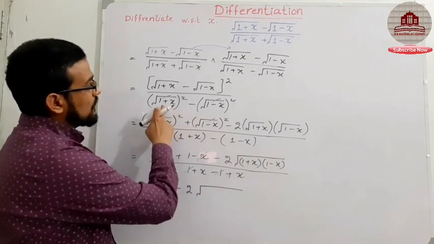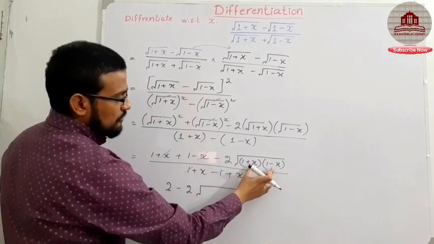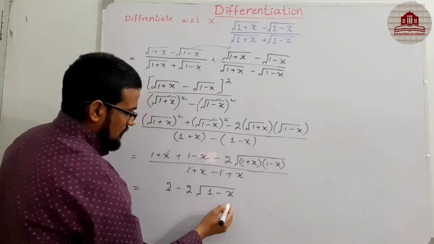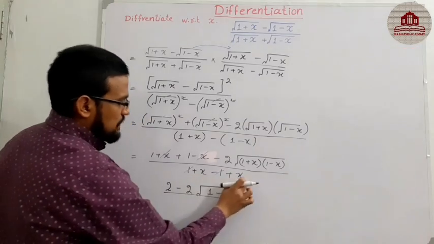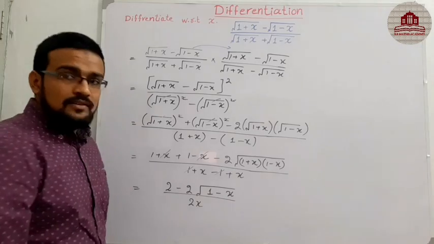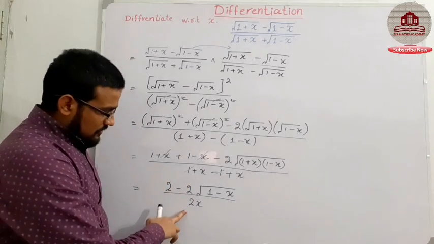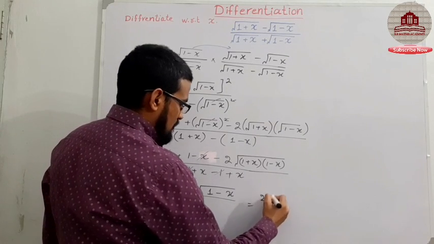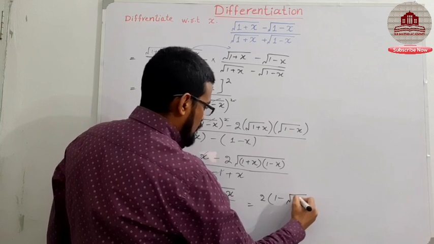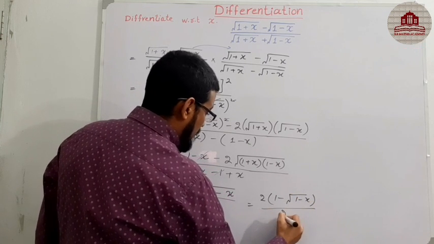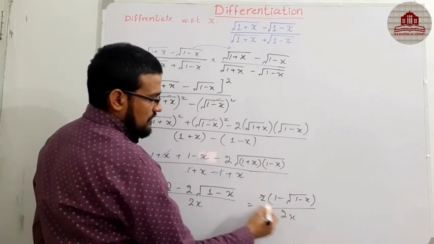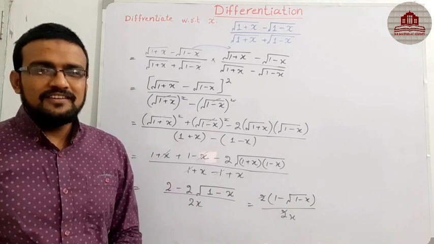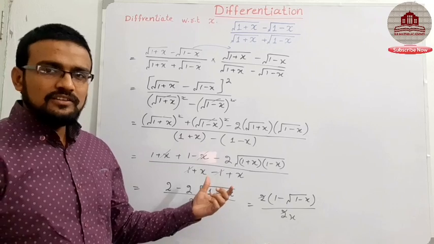Student, again we use the formula in straight form: 1 square minus x square, 1 minus x, and divided by x plus x, 2x. 2 common and divided by 2, it means cancel, and then the final result is 1 minus square root of 1 minus x divided by 2x. 2 into 2 cancel out, and this is the final result. Is this the final result of the question? No.